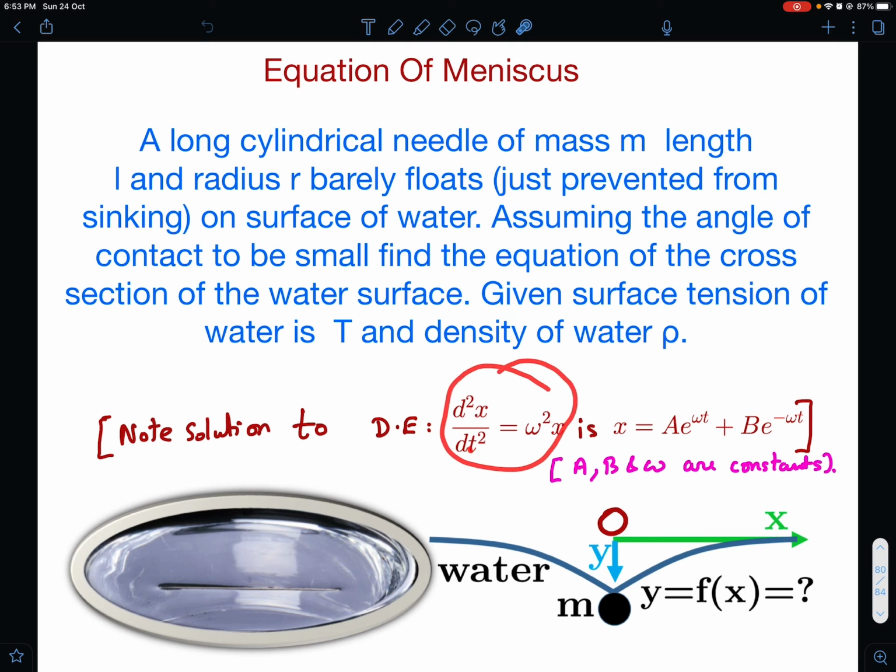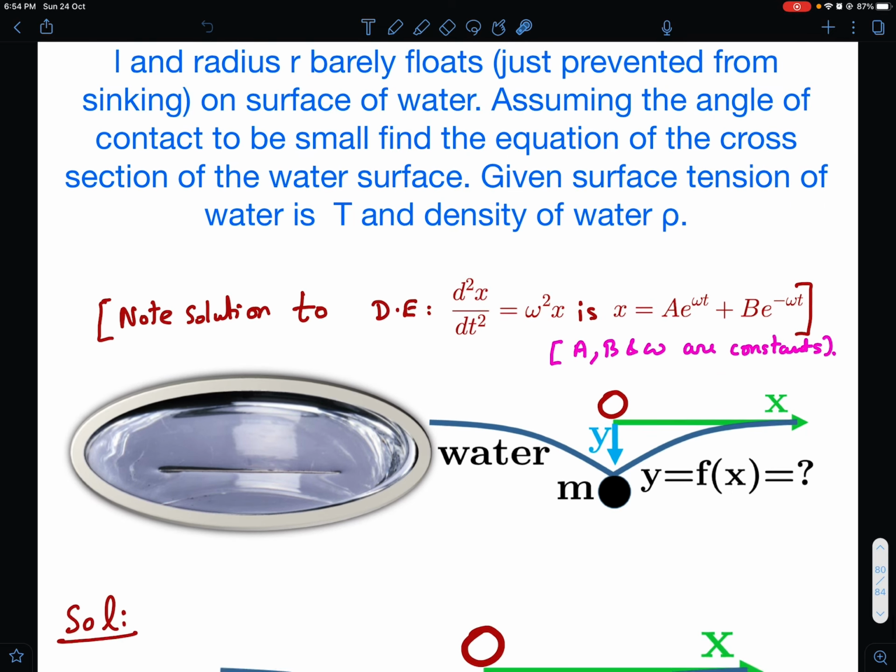Whenever we have a differential equation of the form d squared x by dt squared equals omega squared x, the solution to this equation is x equals a e to the power omega t plus b e to the power minus omega t. You can use this directly if you get a differential equation of this form somewhere. Probably this is also a hint to how to approach this problem, but I'll not say anything more right now. If you want, you can pause the video and try this question for some time. Here a, b and omega are constants in this equation. Now I'll get into my analysis of the problem.